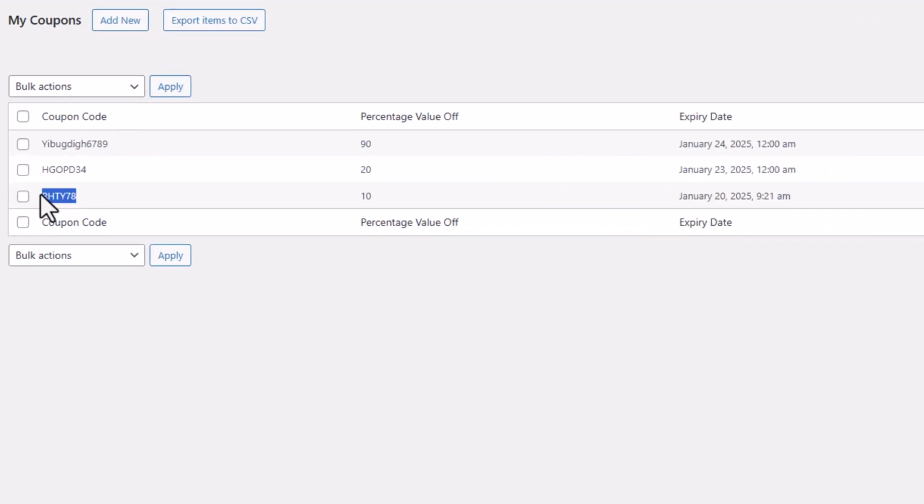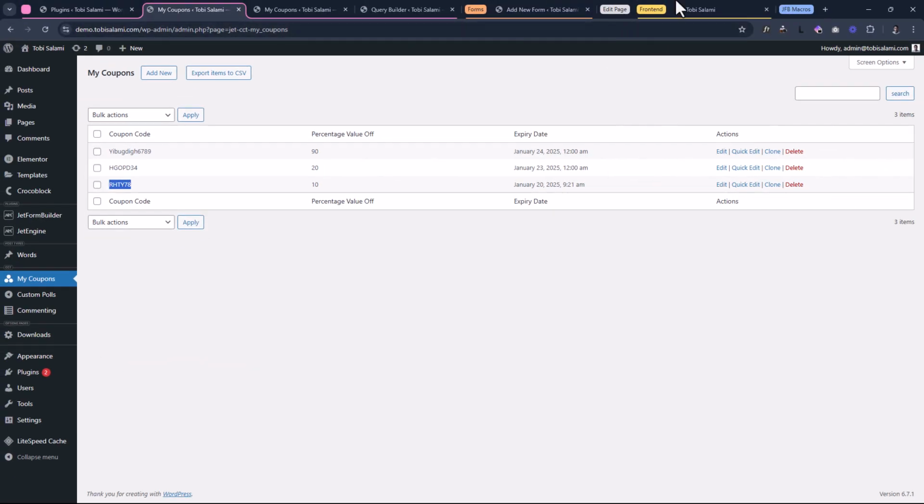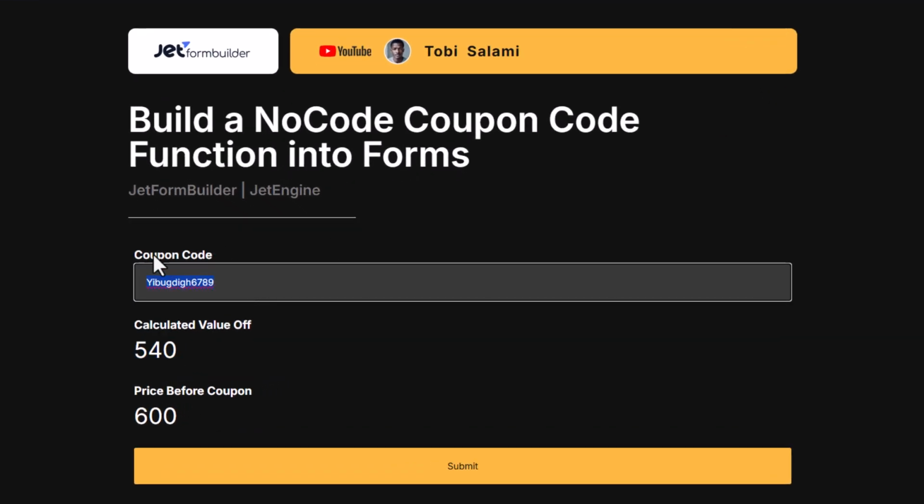Let's say this one. And this should give us 10% off, right? 10% of 600. Off the top of my head, I can tell you it's 60, but let's see if I'm right. I just need to select the coupon code here and paste that inside of here. As you can see, the calculated value off of this 600 is going to be 60. Now, okay, we have the initial price before coupon. We have the calculated value off based on whatever is fetched from this coupon code inside of here. What we need now is the total price, which is just simply going to